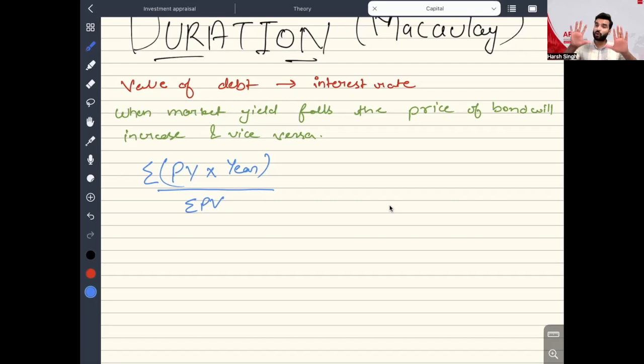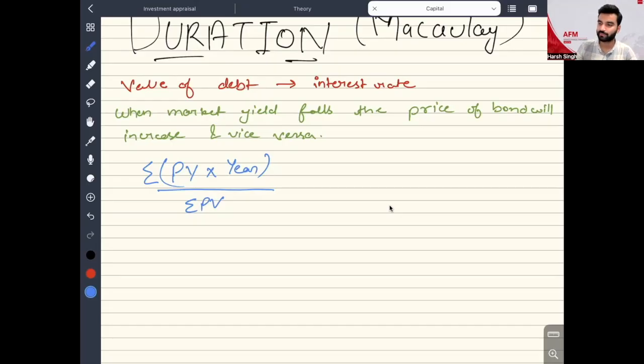So basically the concept says that if you are getting more toffees in a particular year, we give more weightage to that year. But for the calculation, we take year one only. Meaning the weight for year one will be 1, the weight for year 2 will be 2. That is called Macaulay duration. If I talk about bonds or debt, where we use it, it talks about the average waiting time to get our money back.